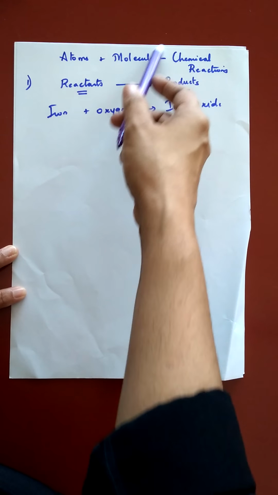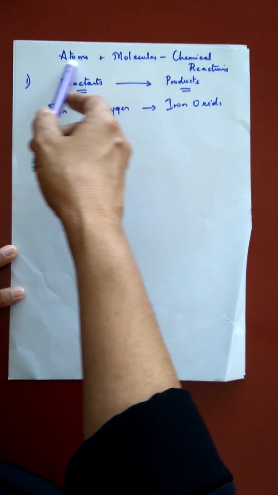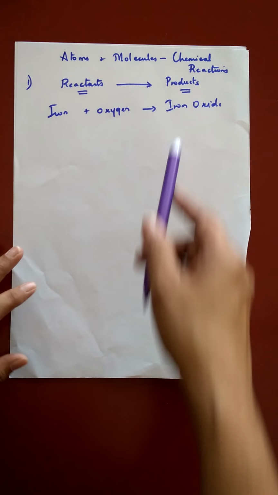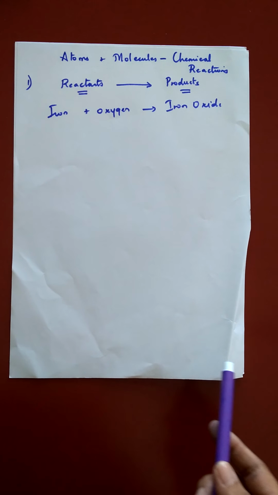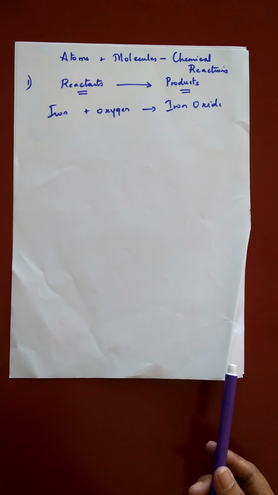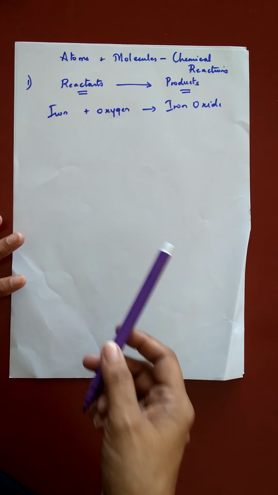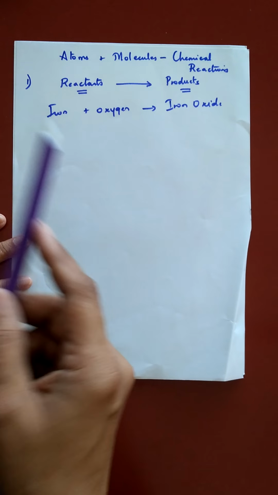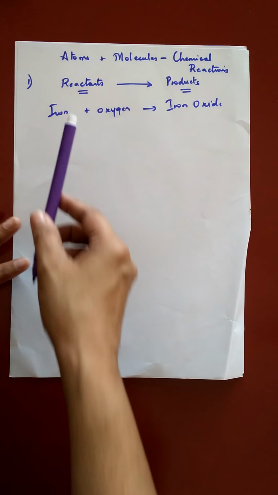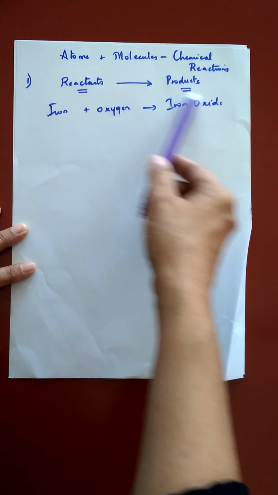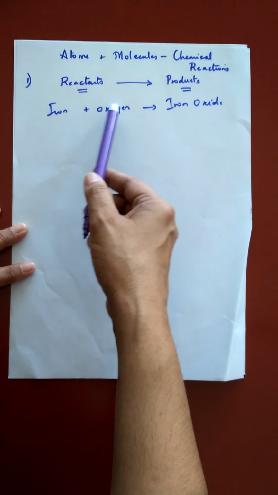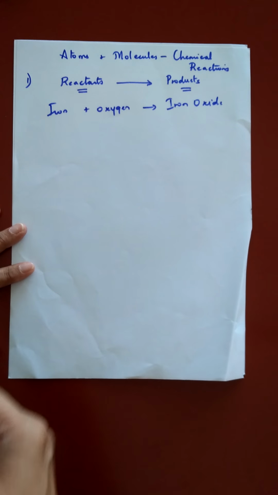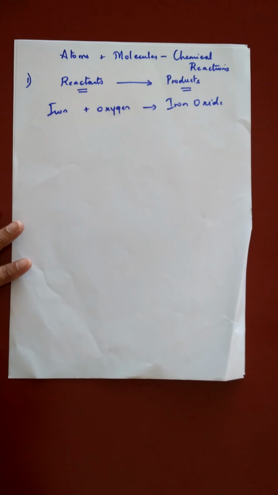Remember that during a chemical reaction, certain substances called reactants are converted into new substances called products. A short way of representing a chemical reaction is a chemical equation. A chemical equation involves the conversion of reactants into products, but in that equation, short forms are used, symbols and molecular formulae.